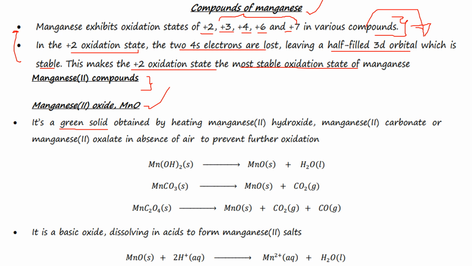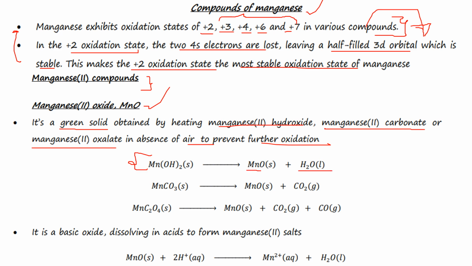One, we heat manganese 2 hydroxide. We can also get it by heating manganese 2 carbonate. We can also get it by heating manganese 2 oxalate. And we do this in absence of air so that we can prevent further oxidation. So when you heat manganese hydroxide in absence of air, you are going to get manganese oxide together with water